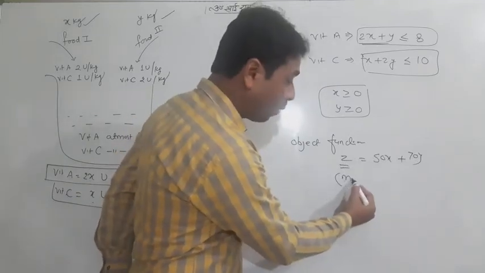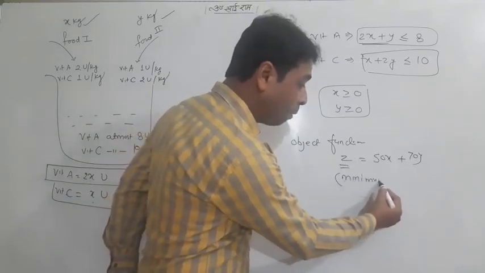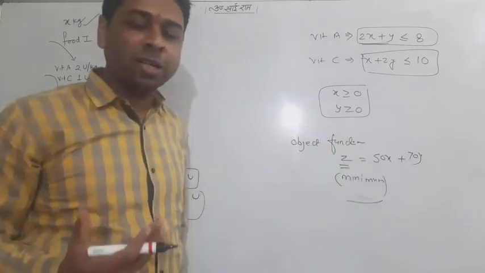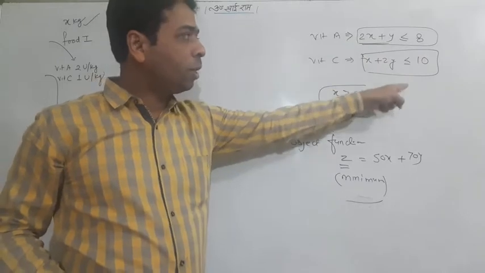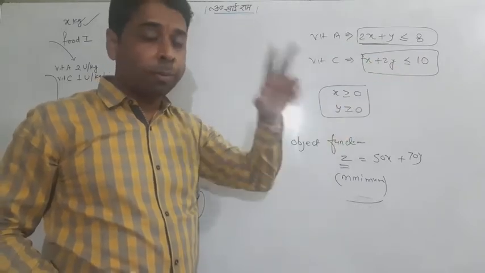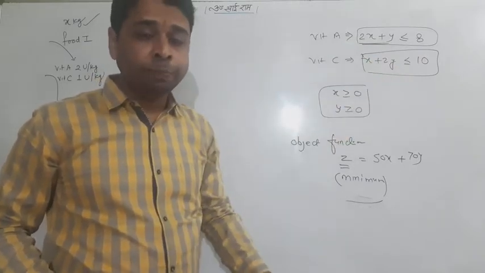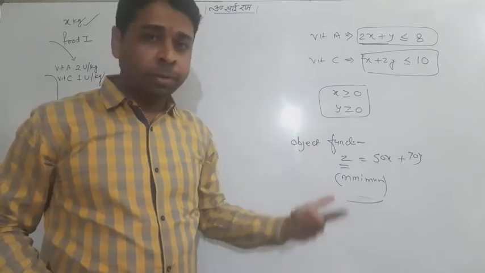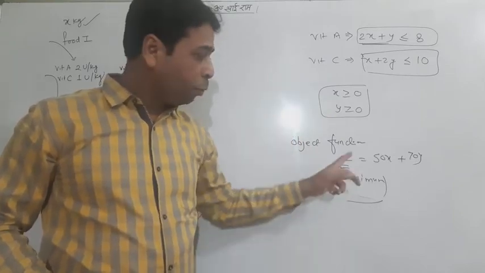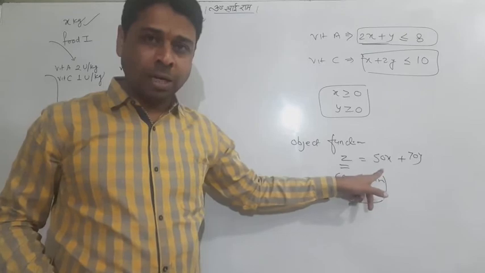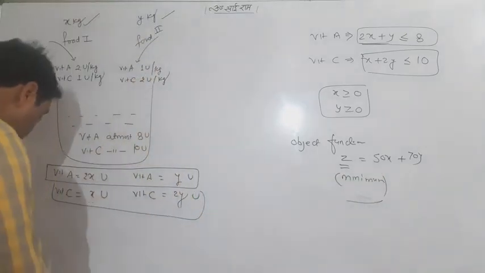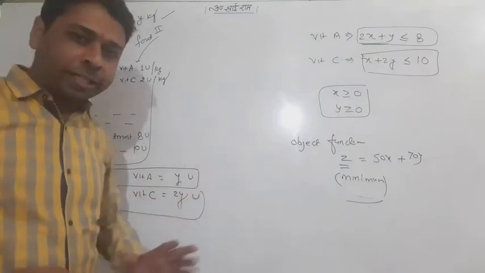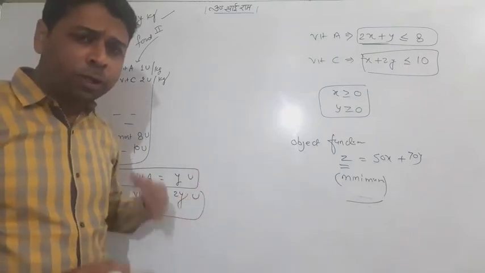So we have to find its minimum value. As you know from yesterday, what we will do is make a graph with all the particular constraints, find the corner points, then we'll have a feasible region. We'll put all the corner points one by one in Z and check which one is a minimum and which one is a maximum. That's so simple. So this was all the abstract. I explained it very briefly.